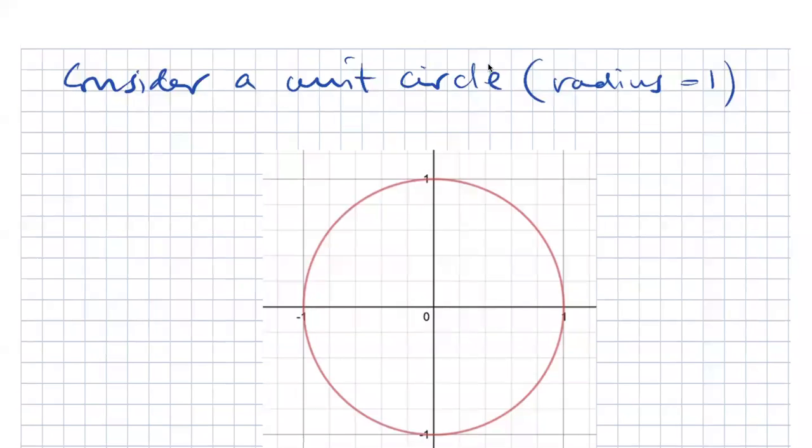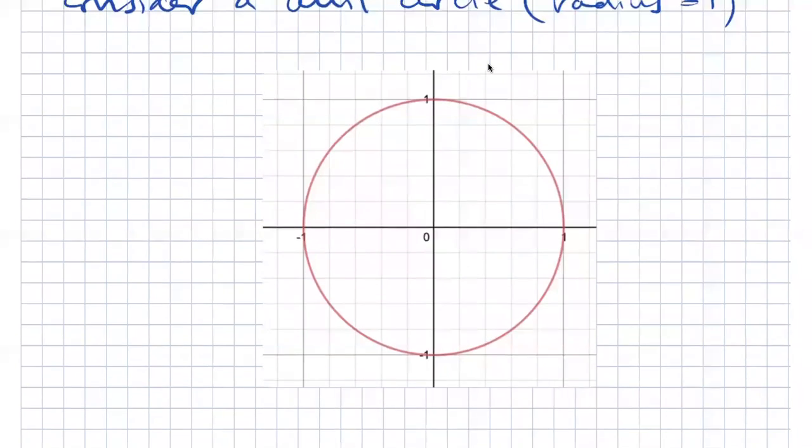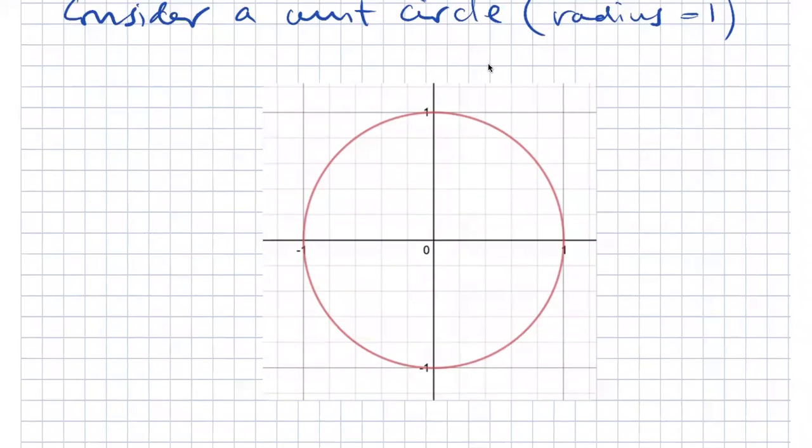We're going to look at a new way of measuring angles called radians. So we're going to start by considering a unit circle, which is a circle with a radius that's equal to 1. Now, we're going to consider not just the circle, but the circumference of that circle, which is the distance around